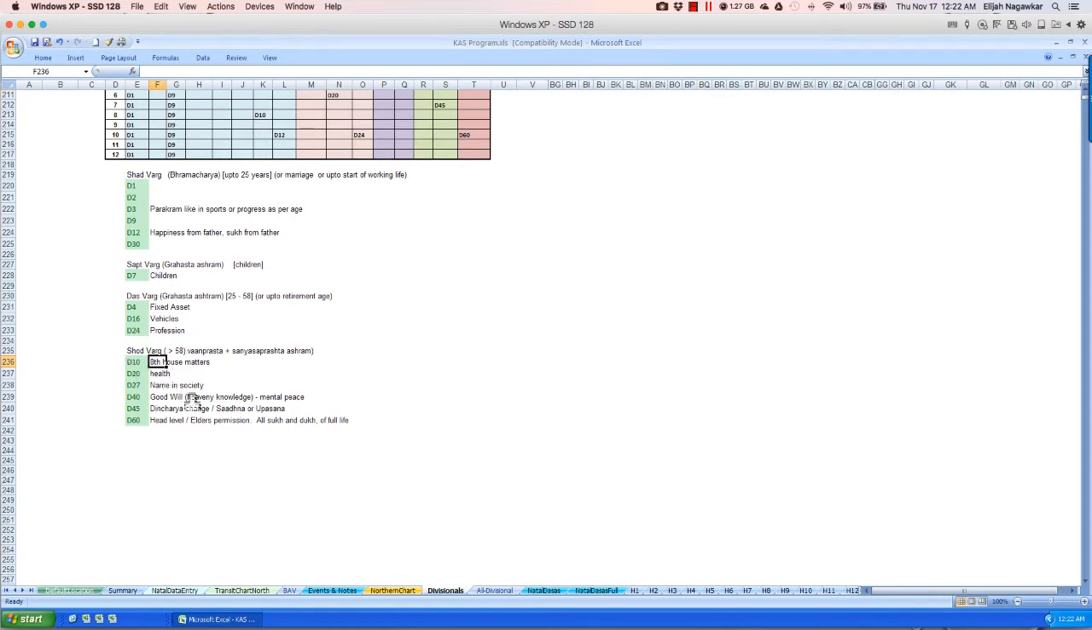Health is D20. Bhanj means to shine. Bha is Bhanj. The name of the chart is Bhanj. So that's the name in society. D40 is goodwill or heavenly knowledge. D45 is Dincharya, Sadhana or Upasana, and D60 is all Sukh Dukh in life, means is the head or elder's